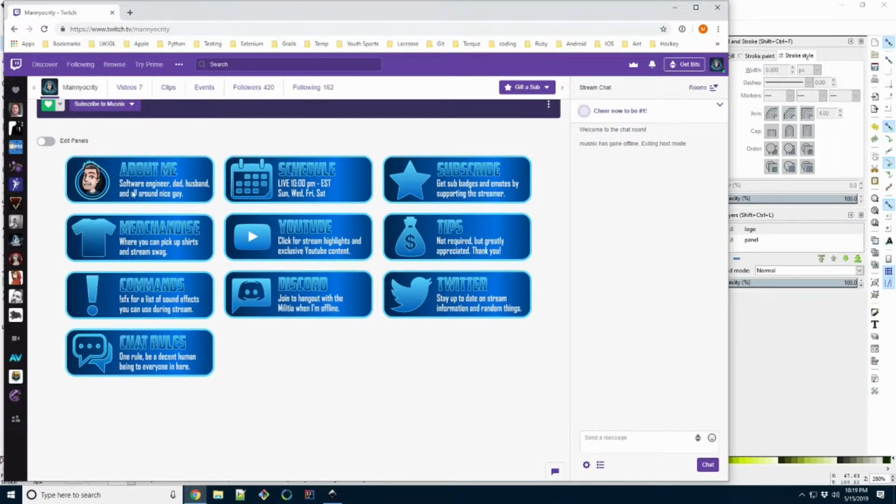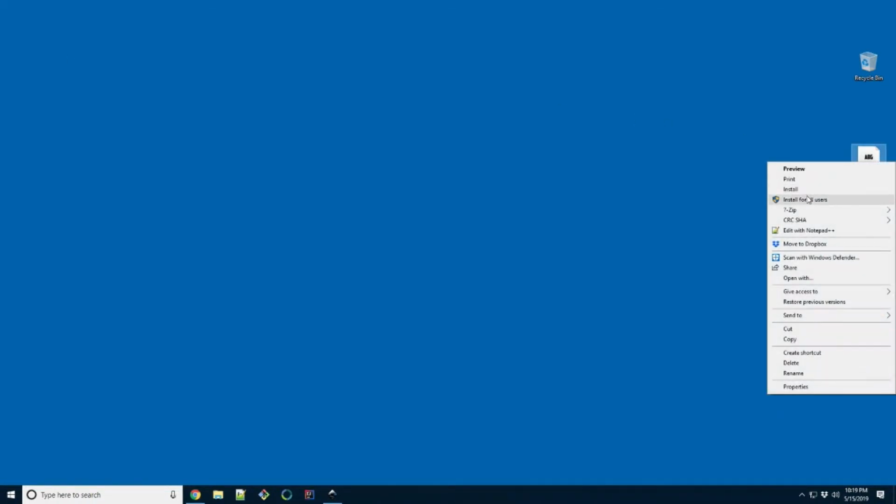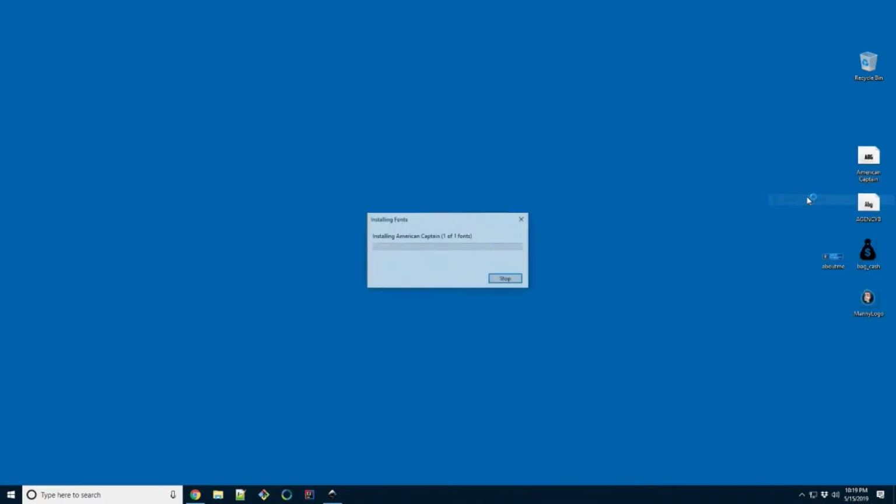Now we want to put some text in it, right? Now you have to figure out which kind of text you want. So I picked two. This is American Captain, and then I forget what the other one's called. I have them downloaded already. So you can go to Google Fonts, figure out what you want, right? So to install, one thing I did learn is, so I have my two fonts here. To install them, you have to actually right-click them,